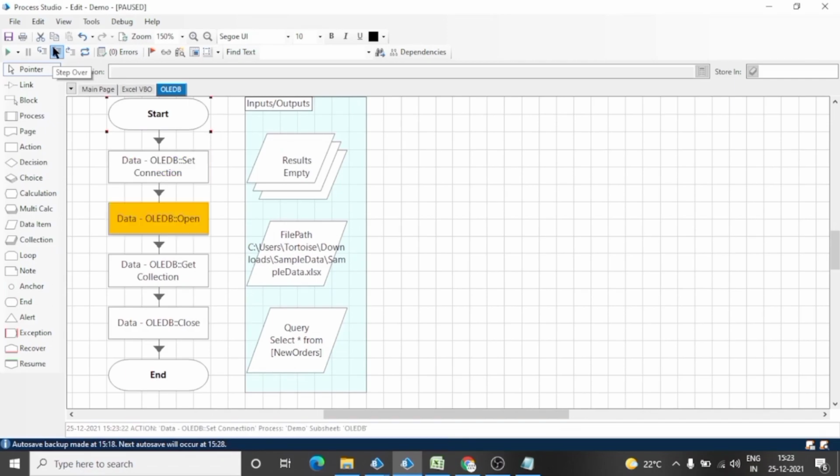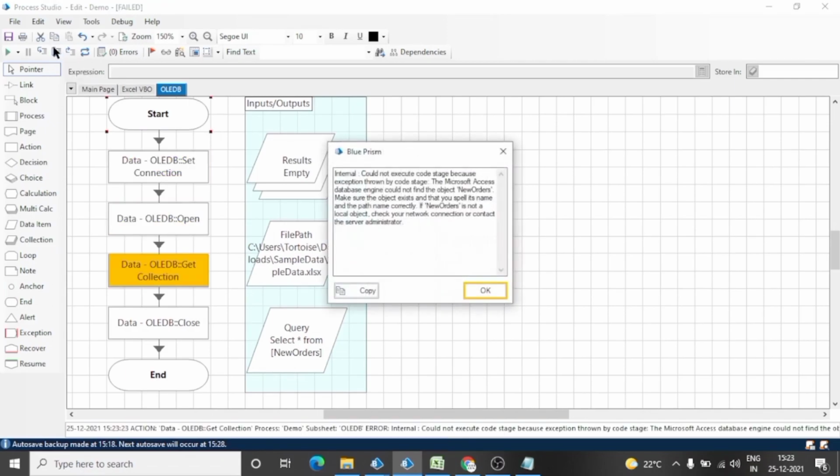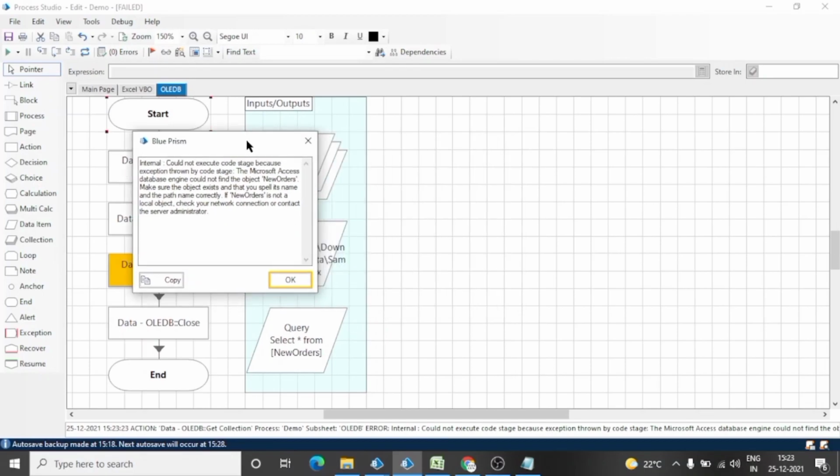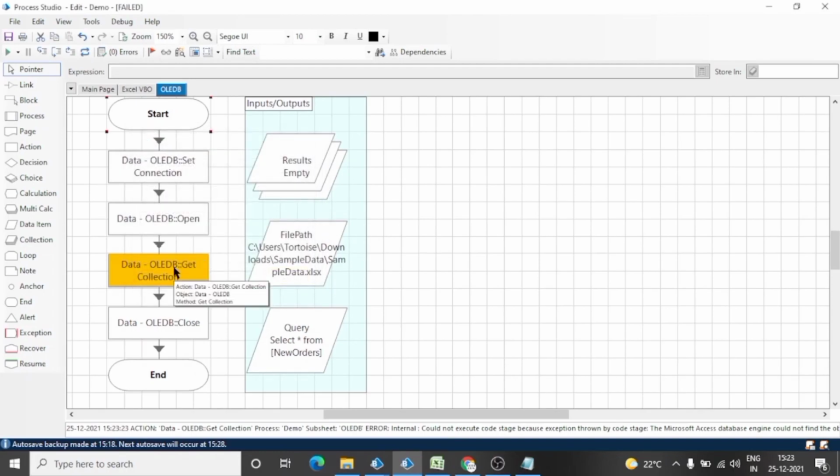But let's try what happens if we do this. See, because new orders is not a local object, because this new order is not a sheet, that's why we are getting this error.